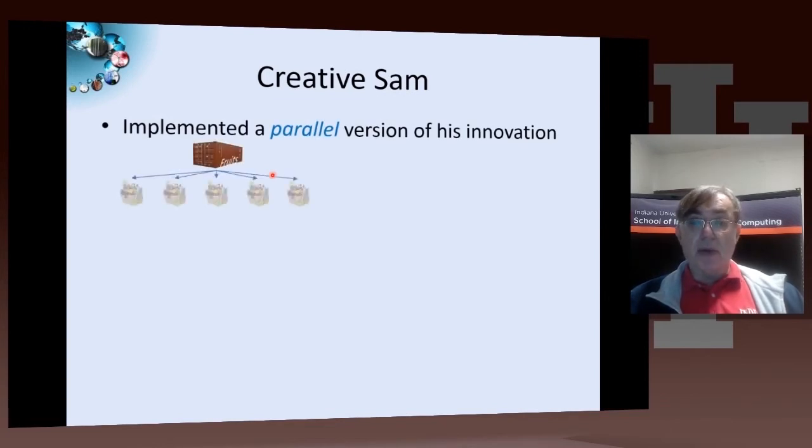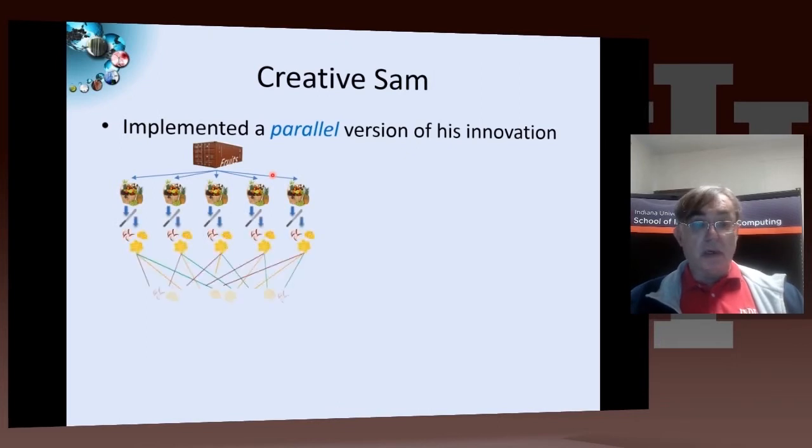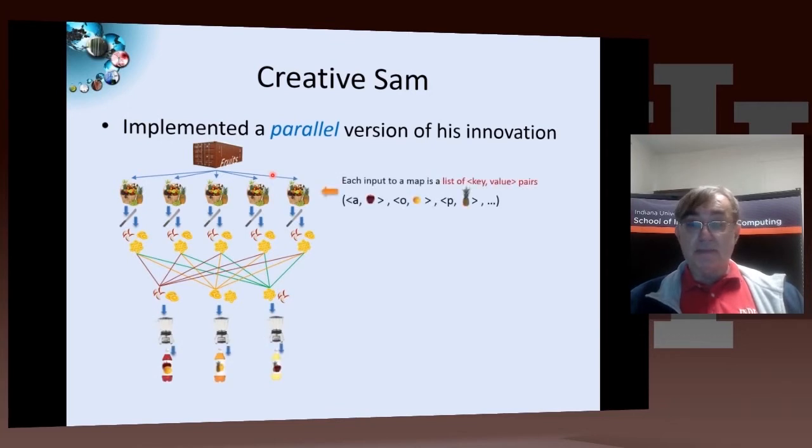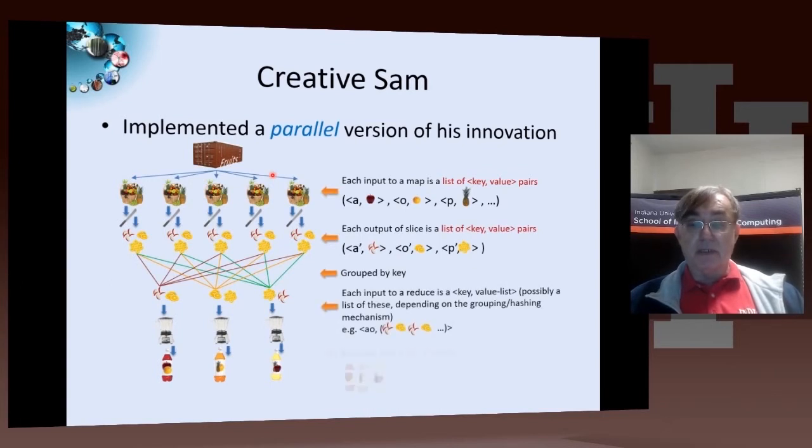Then if we want to do that in parallel, well, obviously we can cut apples in parallel. We can also make it more complicated by having multiple types of fruit, and that's shown here. We have apples and oranges and pineapples, sliced apples, sliced oranges, and sliced pineapples. The type of the fruit is called the key. The value of the fruit is called the slices, or the actual particular fruit items that we start with. So the mapping here goes from one key value pair to a different key value pair.